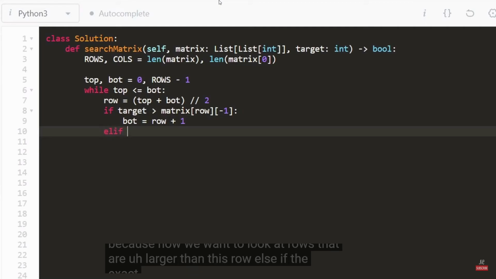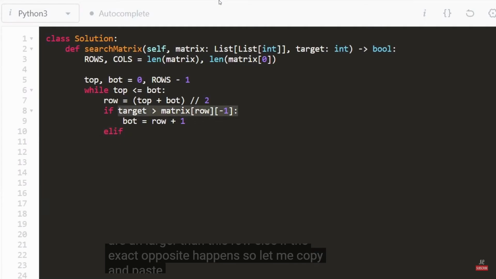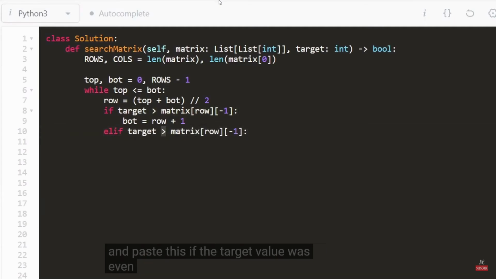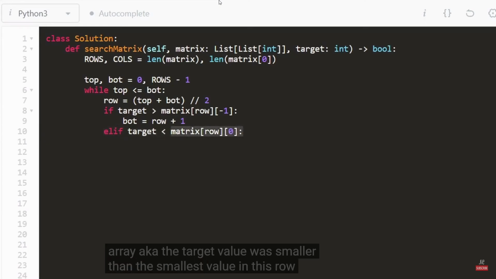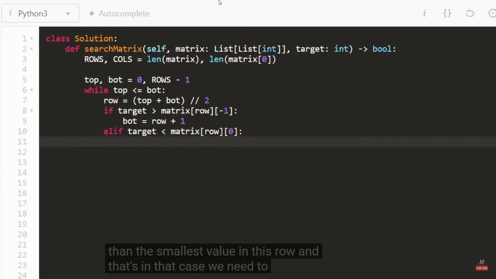Else, if the exact opposite happens, so let me copy and paste this, if the target value was even less than the leftmost value in the array, aka the target value was smaller than the smallest value in this row, in that case, we need to look at rows with smaller values. So we're going to shift our top pointer. Actually, I think I